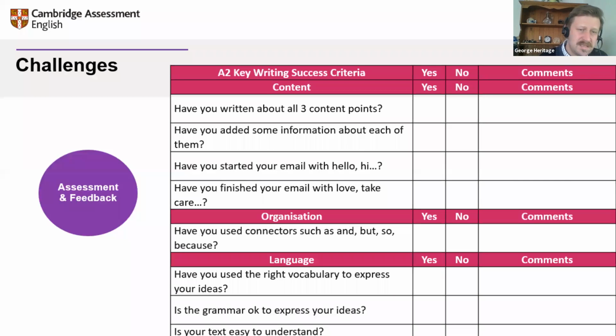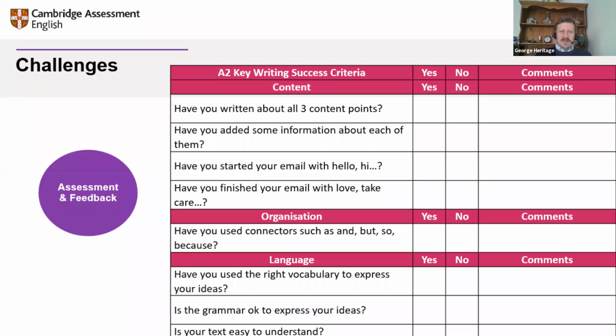For self-assessment and peer assessment, a structured activity like this one is really nice, so students can understand and use it without any problems. If it's the first time you're using it, allow time in class for the students to look over the success criteria beforehand, see if they have any questions or doubts about it, and then maybe reflect on the assessment process, talk about the problems and difficulties they've experienced after they've used it.